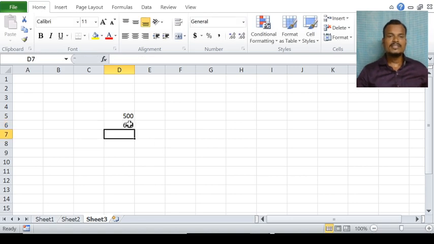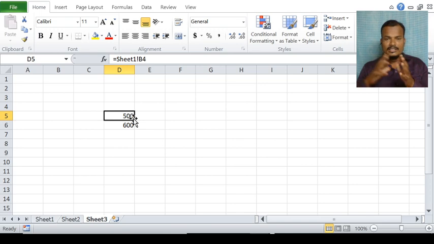You observe here 600, and in Sheet 3 we have referred to the 600 value. So this is about using the mouse, and this is by using the keyboard. So this is about creating a reference to other sheets.